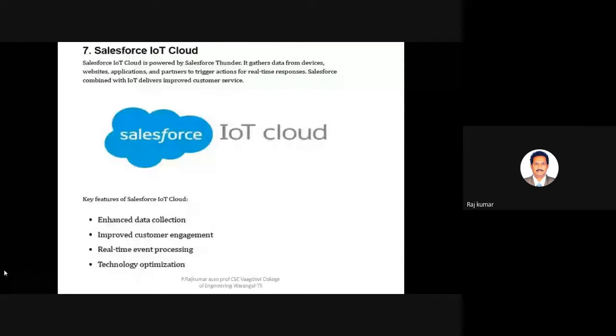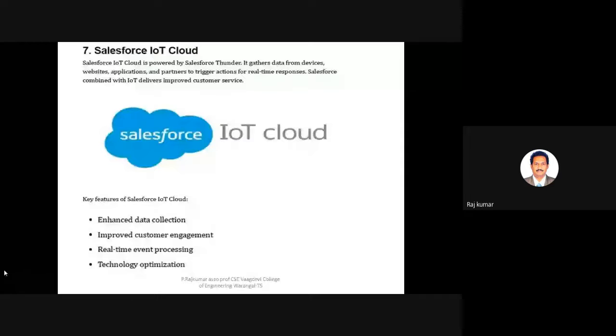If there is any fire accident in the building, automatically the temperature sensor will read the data, and if it goes beyond some limit, maybe 150, that means some fire accident has broken out, and it will send some messages, or automatically start the water sprinklers. So this can be used in real-time event processing.